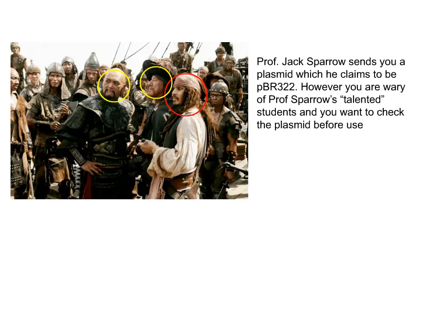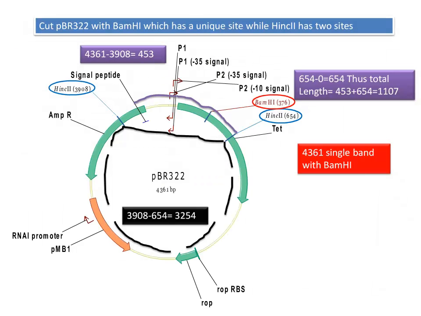Let's say Professor Jack Sparrow sends you a plasmid which he claims to be pBR322. However, you are cautious of Professor Sparrow's talented students and you want to check the plasmid before use. You would like to amplify and digest the plasmid you received from Jack Sparrow to confirm you got the right